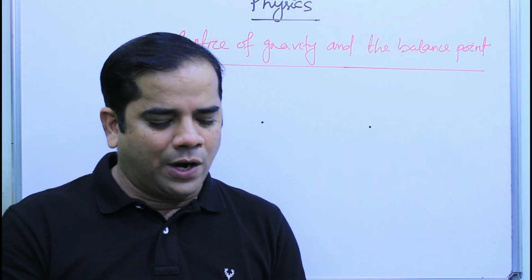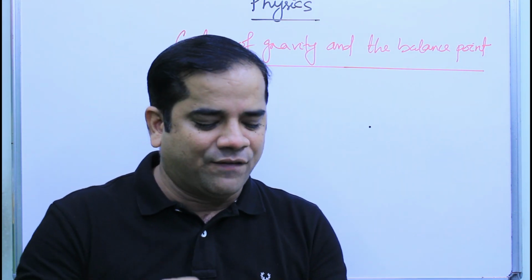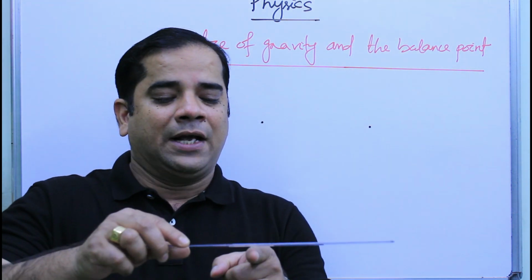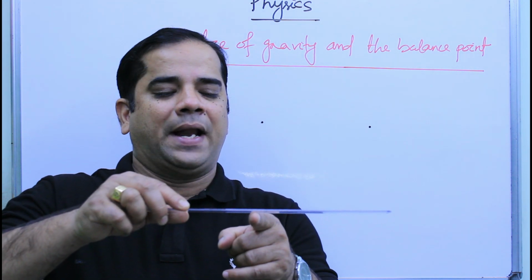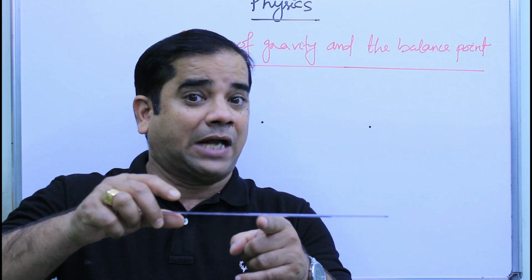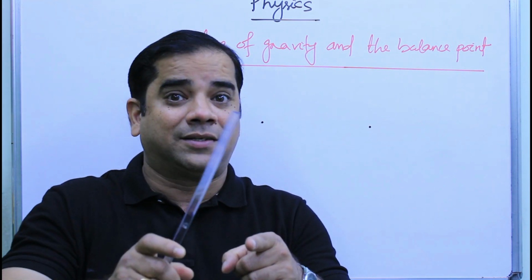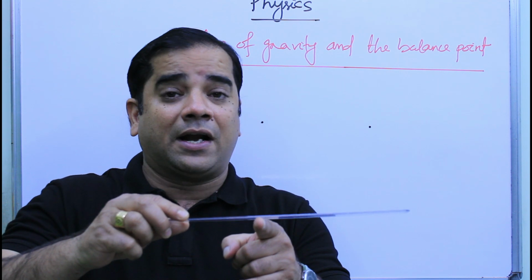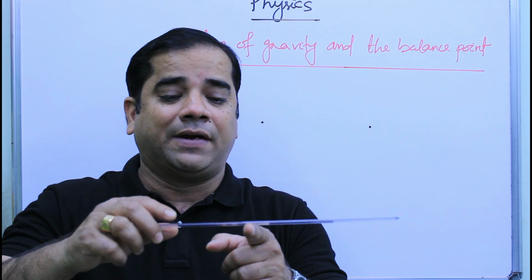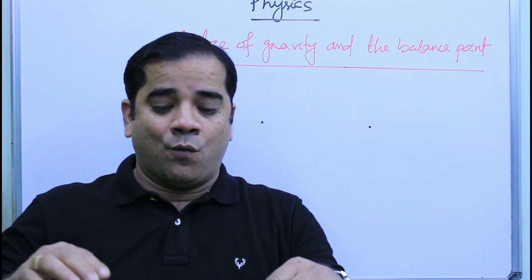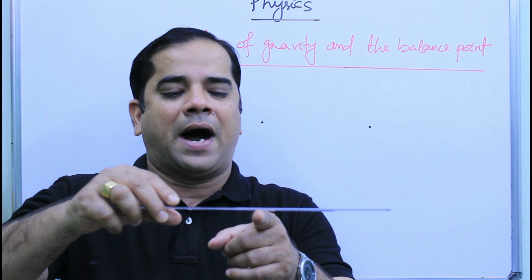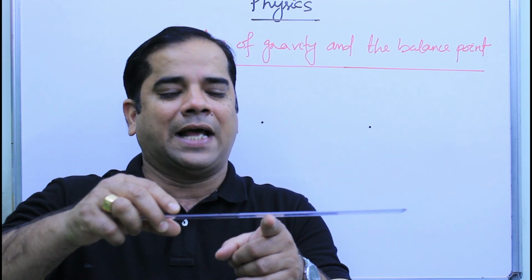Okay, so I am going to balance the scale at the 15 centimeter mark by keeping it on my finger. I am just trying to balance it now. See, if I keep it behind 15 centimeter, that means at about 14 centimeter, I cannot balance. If I bring my finger ahead of 15 centimeter, at about 16 or 17, I can balance. But when I keep my finger at the exact 15 centimeter mark,